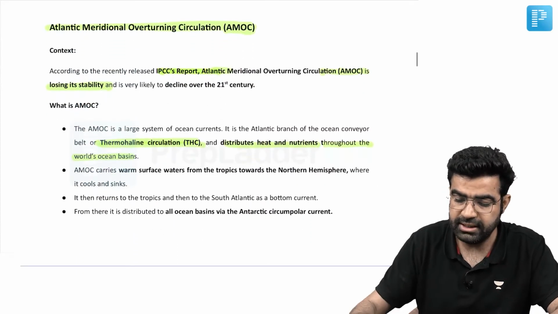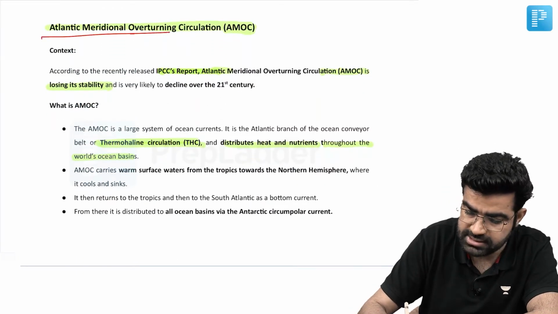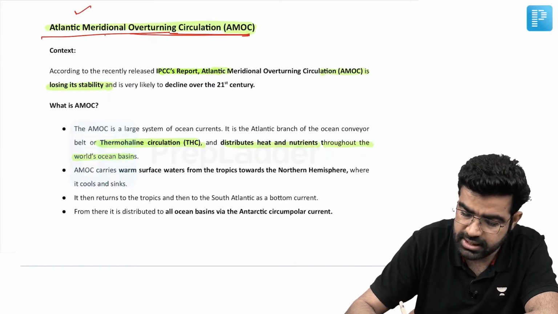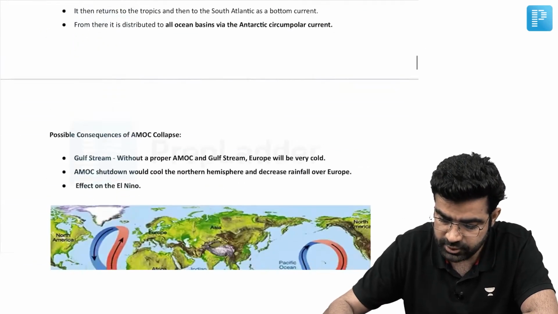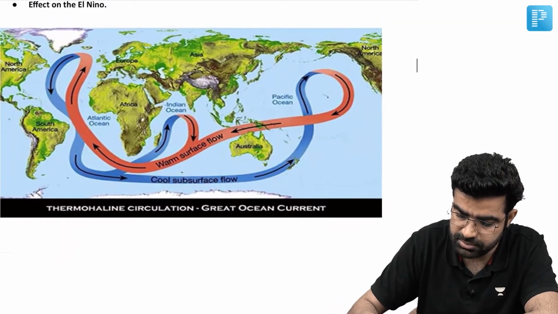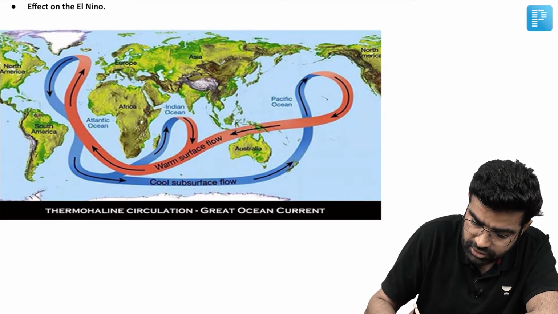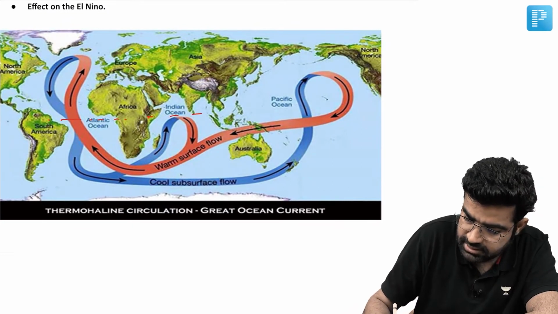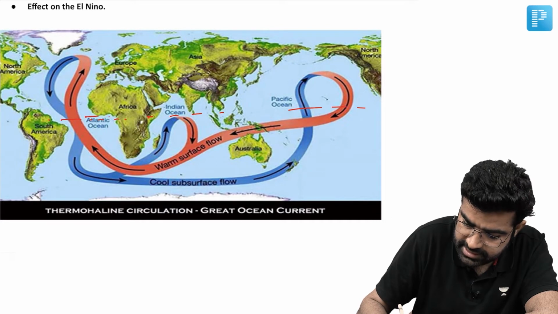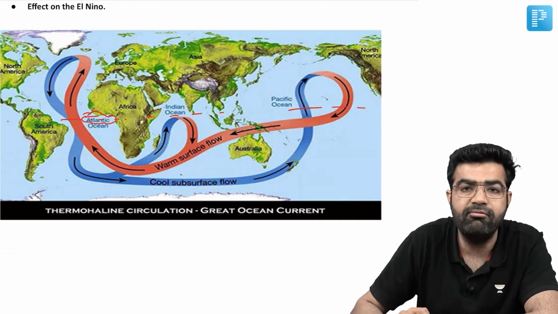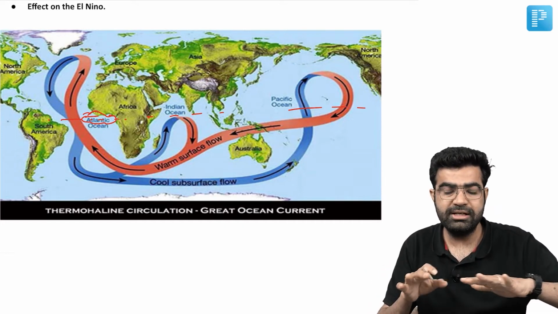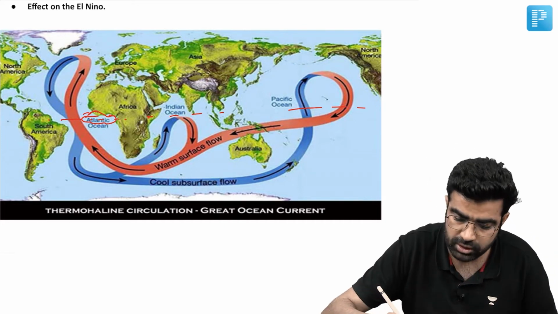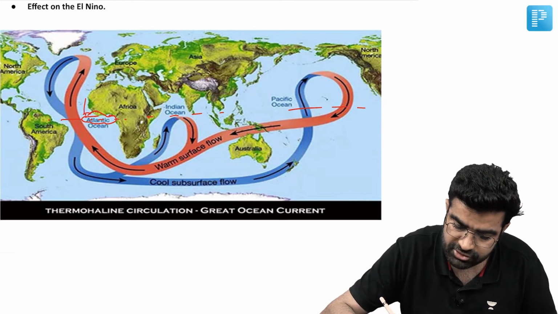Now, if we talk about the next news, that is about the AMOC, and this is important. This is Atlantic Meridional Overturning Circulation. So what is this? Let me tell you here with the help of this picture. If you see this picture, these areas near the equator generally have warm water, and this warm water is spreading because of the ocean currents and the winds. So now this warm current will travel towards the north with the help of